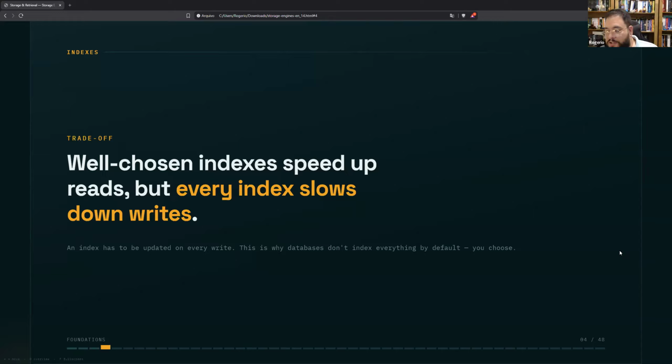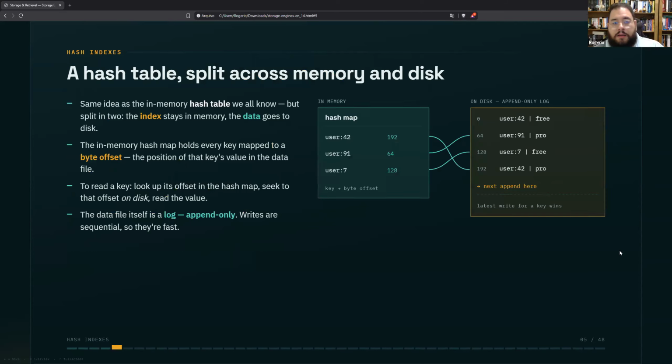Junior developers naturally try to create a lot of indexes hoping to make faster queries, but this is not true in most cases, because when you add an index you are actually slowing down your writes. Every structure you put upon your database will degrade it. So the first kind of index, and it's pretty straightforward when you think about it, is hash indexes.